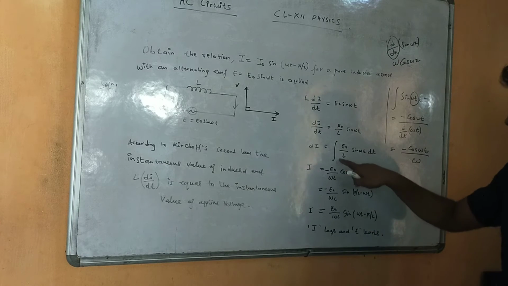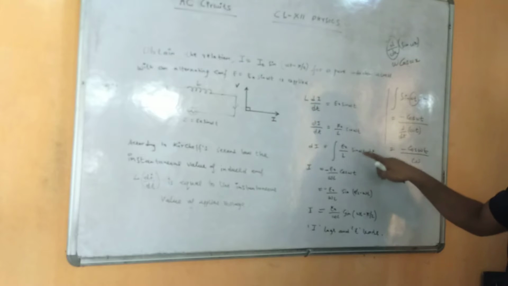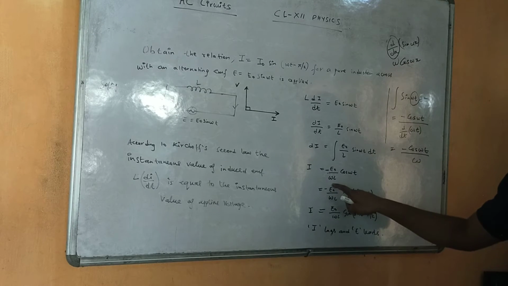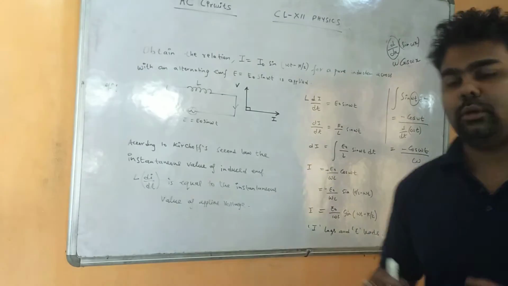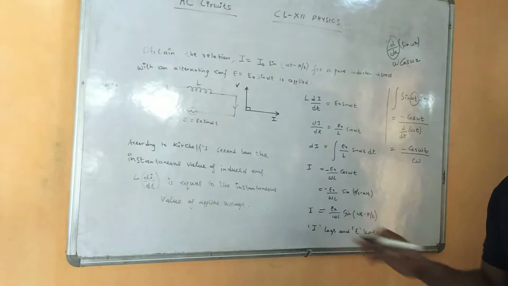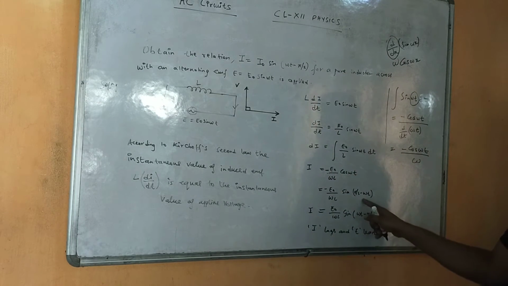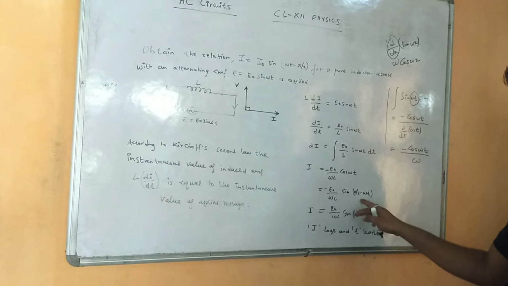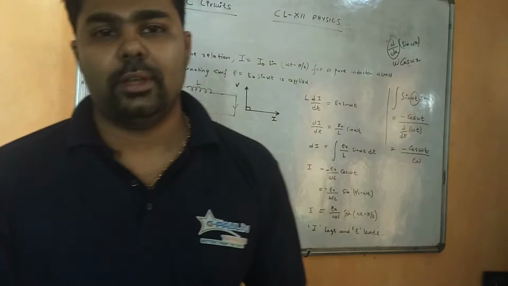Whenever we are integrating sine omega t dt, this means minus cos omega t, and omega will be coming in the denominator. Then omega into L, omega L, right? Now minus as it is, E naught by omega L as it is. Now cos omega t can be written as sine of 90 minus theta. So these changes we are applying here. If you multiply within the bracket, minus of sine x means sine of minus x. If I substitute this minus here, then I will be getting omega t minus pi by 2, right? So from this equation we have got that current is lagging behind and voltage is leading, right?